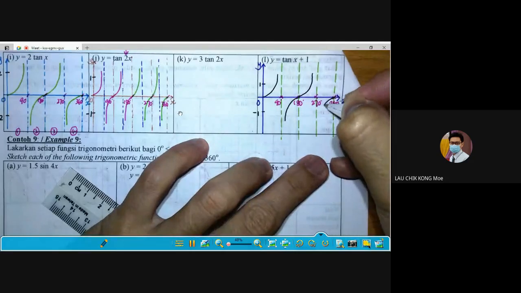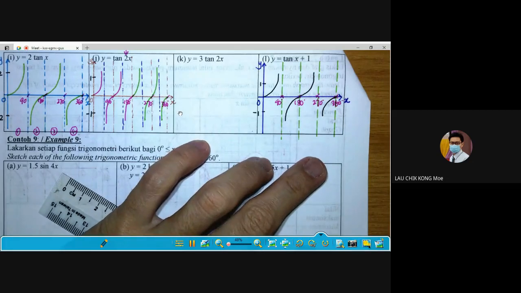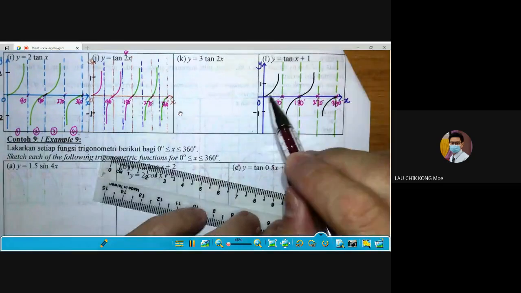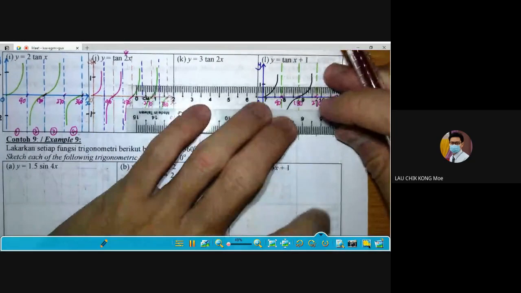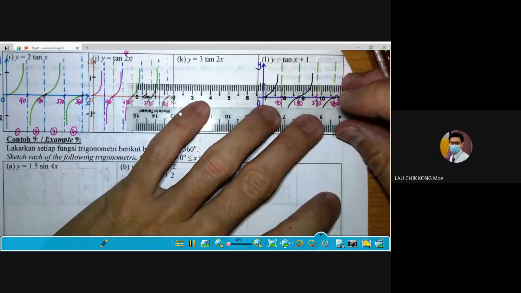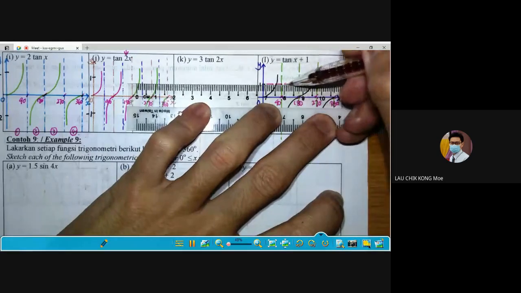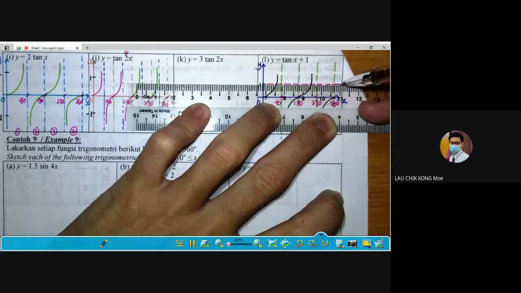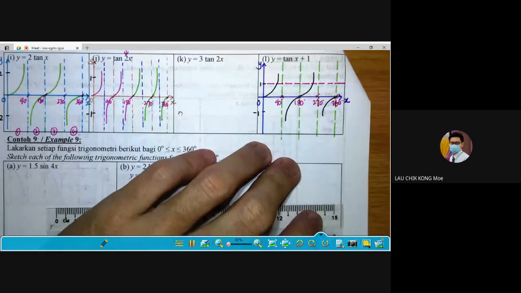Ini sepatutnya. Ini graf yang sepatutnya. Tapi sekarang kita anjak satu unit. Means 0 to 1. Yang lain tak dapat nampak. Kita hanya boleh nampak yang pada pasti S itu 0 to become 1. So the 1 is now the new S-axis. So maybe you can draw the new S-axis here. Column itu masih sama. Okay, this is 1. So dia punya graph akan menjadi ini.